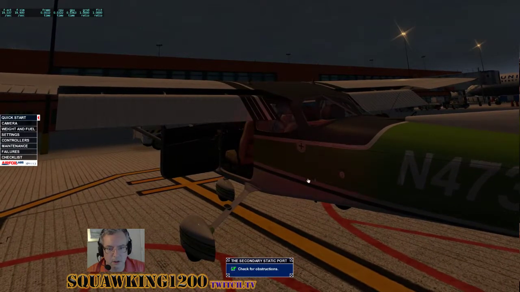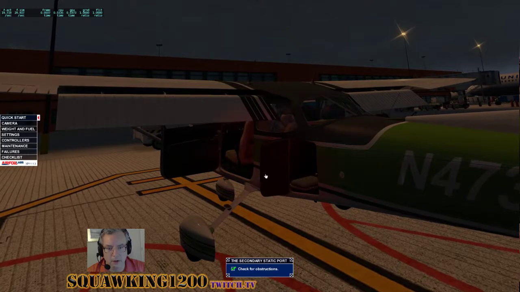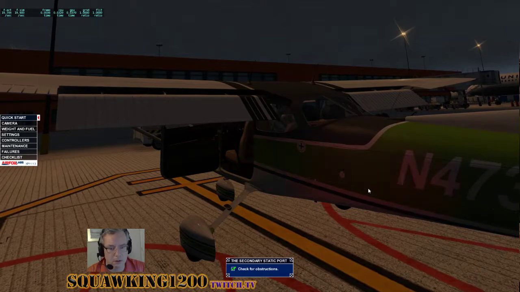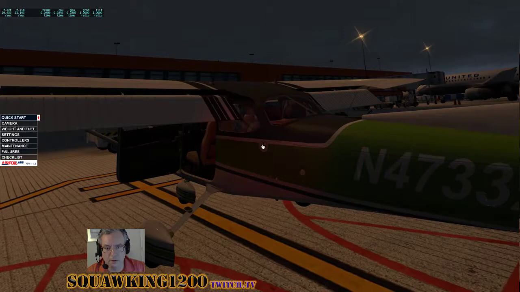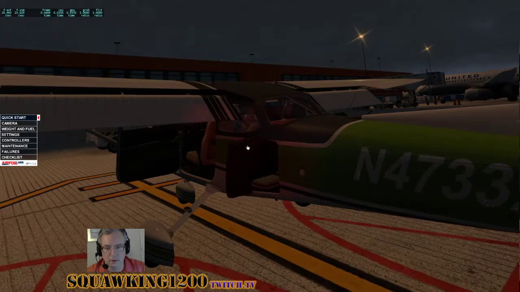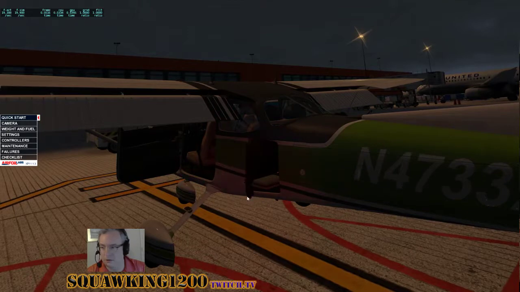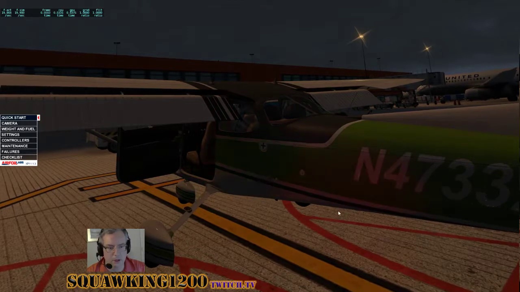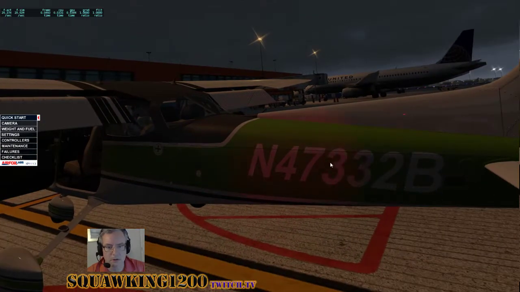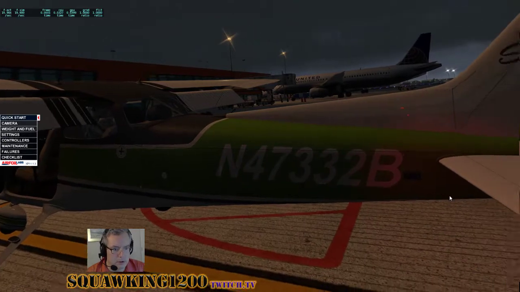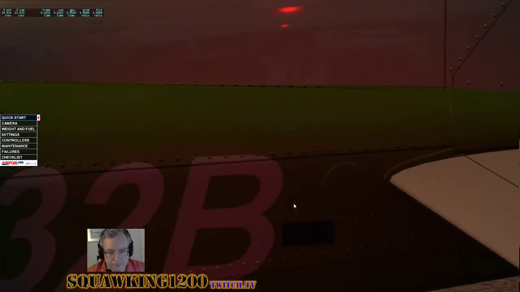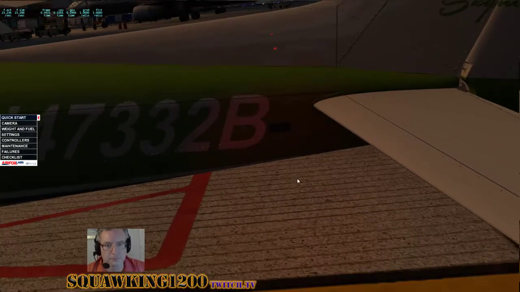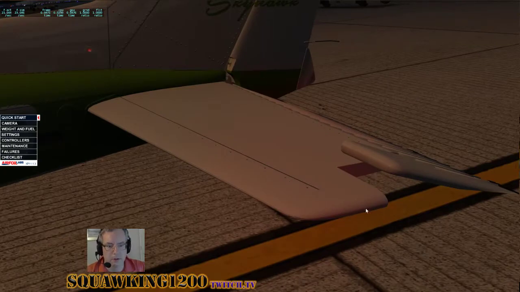So, okay, we got the static port. Check. We're checking the baggage compartment, making sure everything's secure, making sure it's locked and secure. So I don't know if that is on the checklist. See, usually on the Airfoil Labs, a checkbox comes up. So we're going to just inspect, placard,